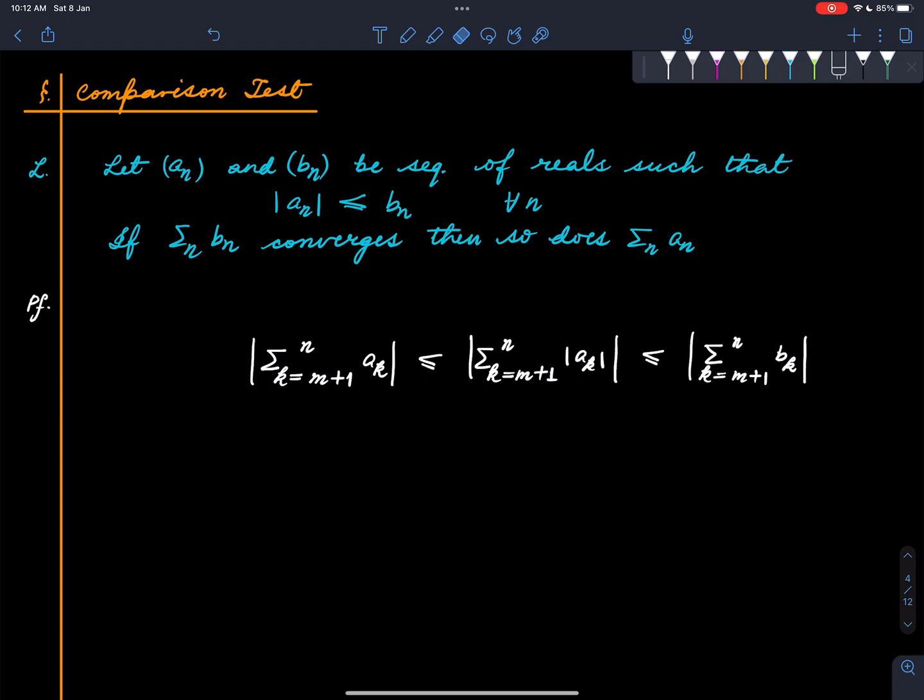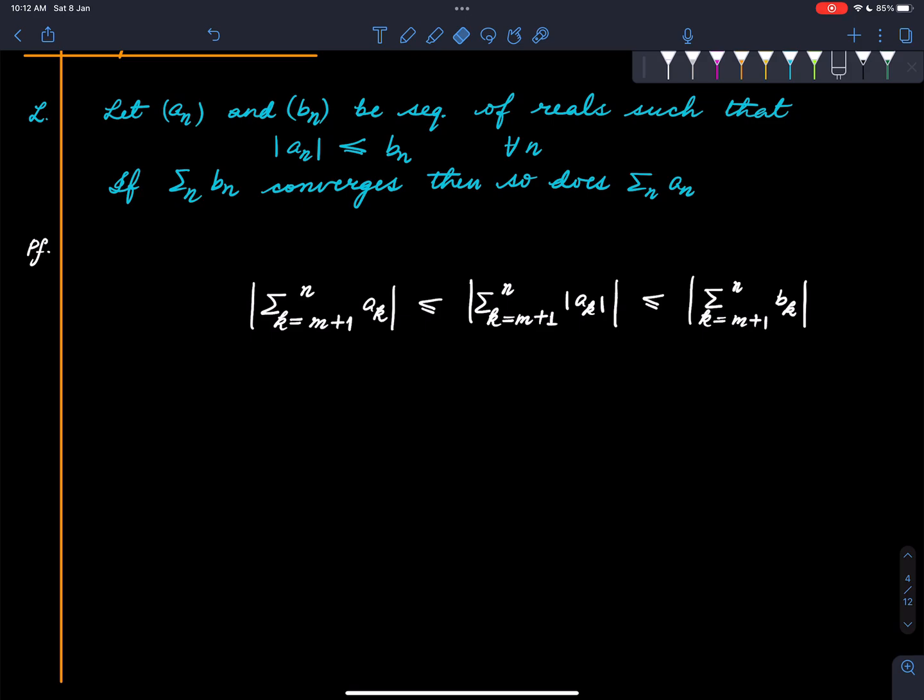So, don't fix any capital N. Let, for all m less than n, m greater than or equal to 1, we have